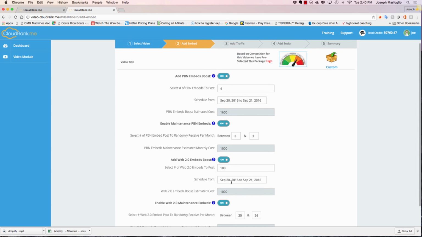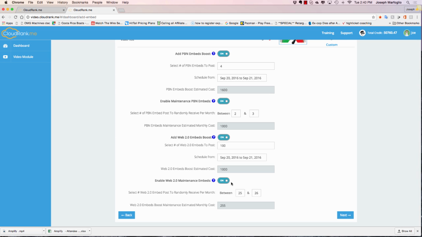And actually, they're not the same, because when you go out to Fiverr, when you go out to Source Market, those are definitely not niche related. And you don't know the quality of those embeds really, because they could be linking out to all kinds of sites. You don't know how many links are on there. You don't know anything about that PBN that they're selling you, or even the Web 2.0s, right? Web 2.0s or public blog networks are not all created equal.